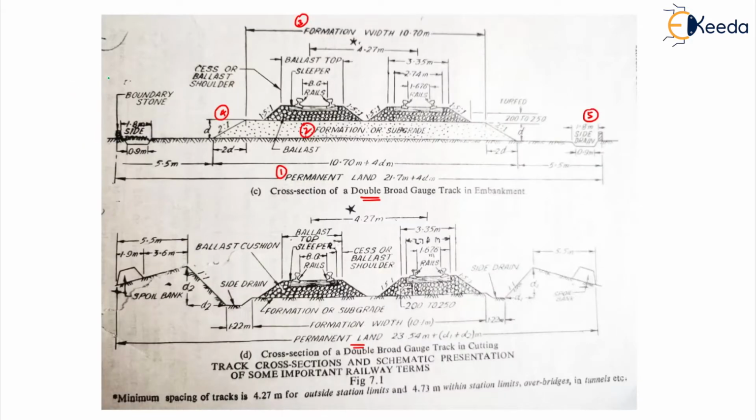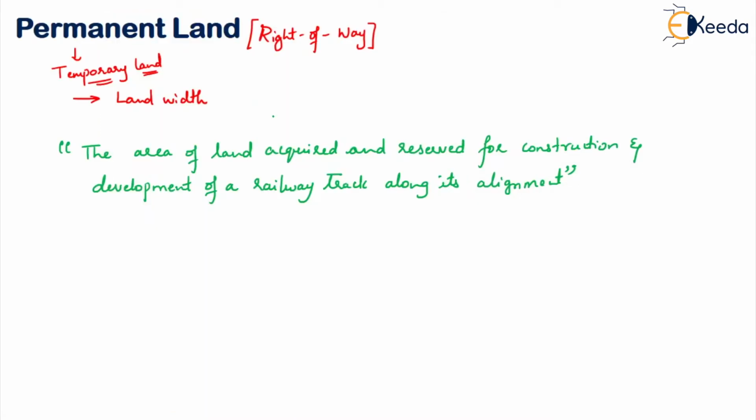Your formation or the subgrade. So what is the definition of the formation or the subgrade? You observe here, this is your formation or the subgrade. The land that you have prepared for the construction of the track is called your formation or the subgrade. So let us first write the definition. The prepared and finished surface of